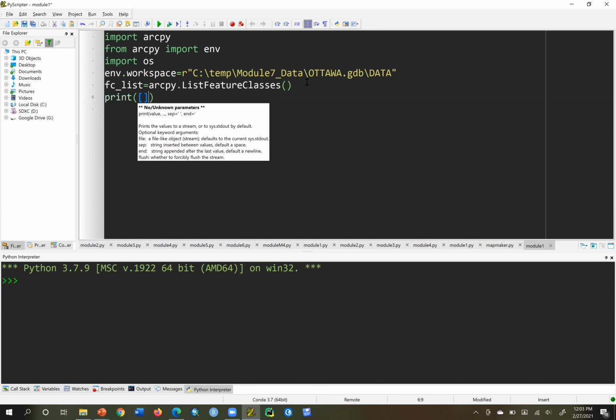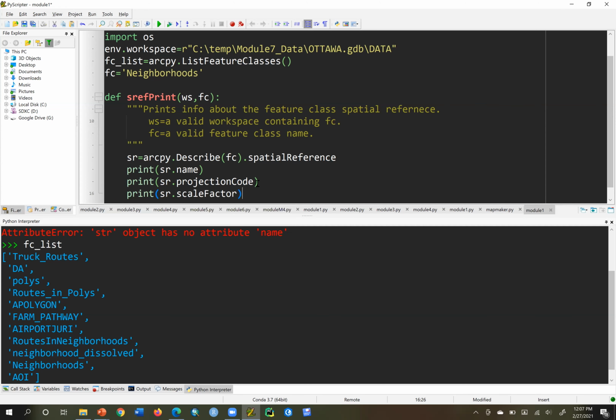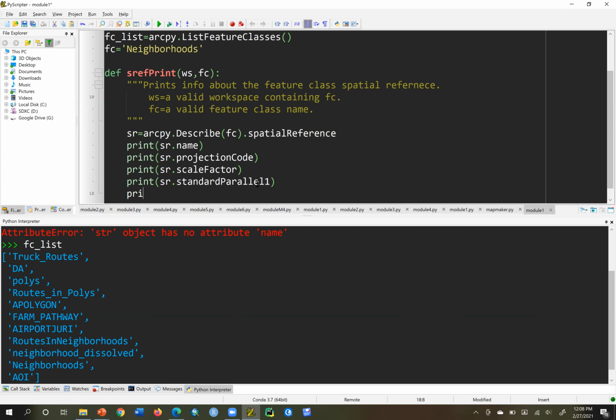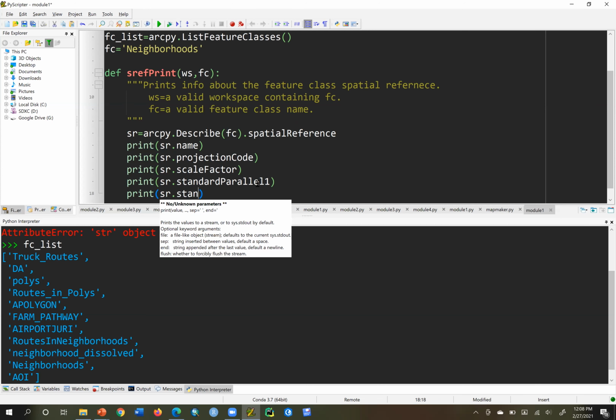And then now I would do my print statements. Print SR.name, print SR.projection code, print SR.scale factor, print SR.standard parallel 1, print SR.standard parallel, didn't spell that right, standard parallel 2,